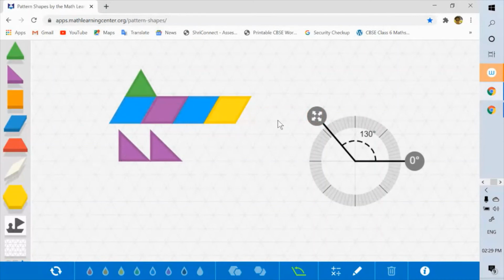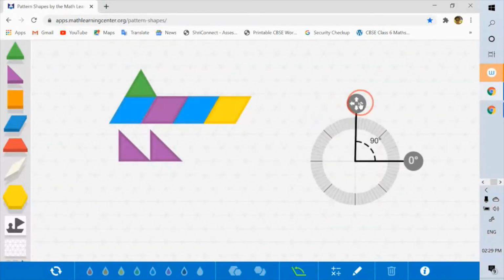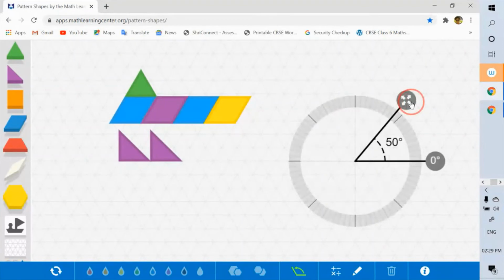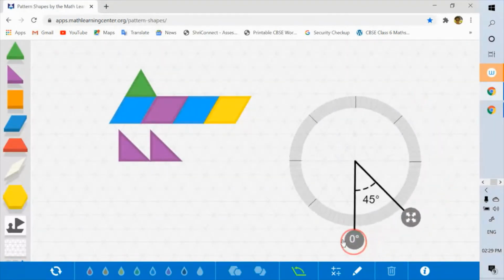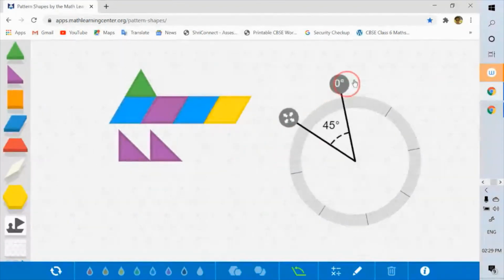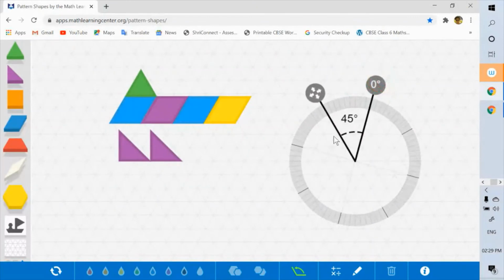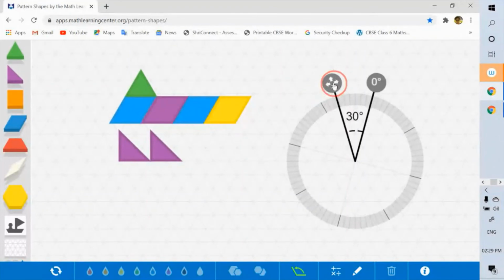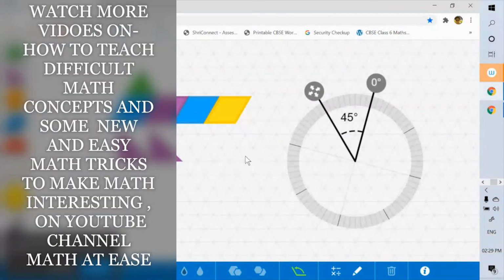Interesting, no? But at the same time, one thing more I like about this protractor is, like in the textbooks, you have a 50-degree angle or 45-degree angle like this. So you can always turn the angle and show the children, look, this is also a 45-degree angle in the opposite direction. So in different directions, they will understand what the measurement of a 45-degree angle is. So the child gets a clear idea here, so it can be used during the online classes. It can be used even otherwise. You can give it as homework to the child to explore different angles.